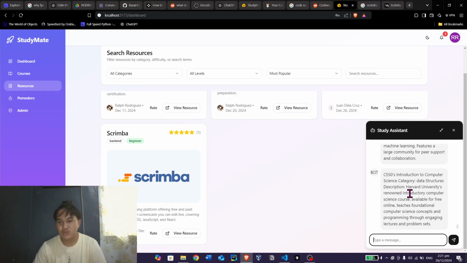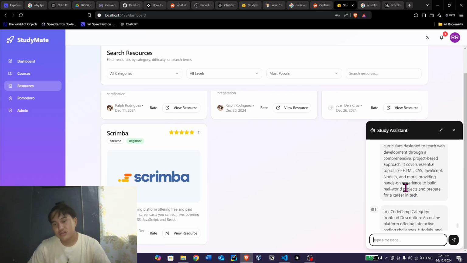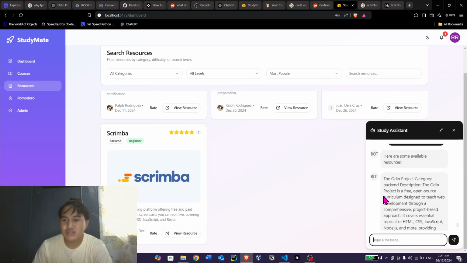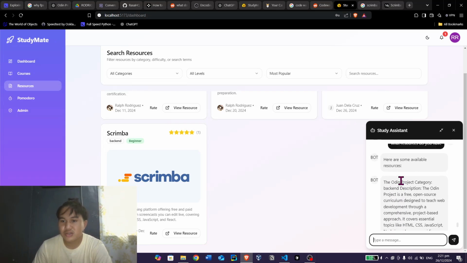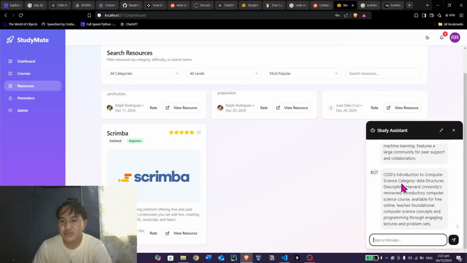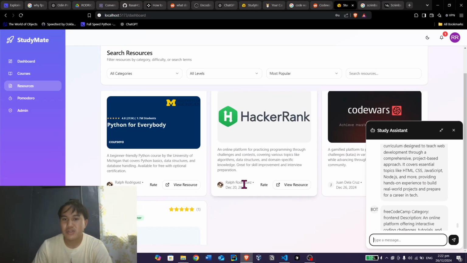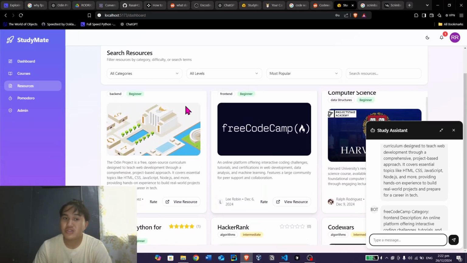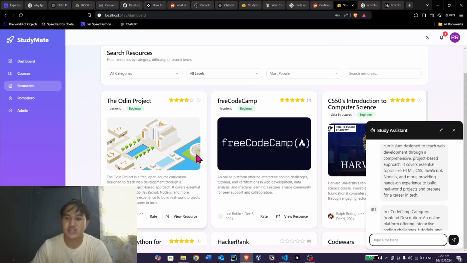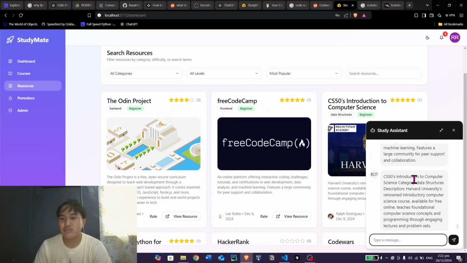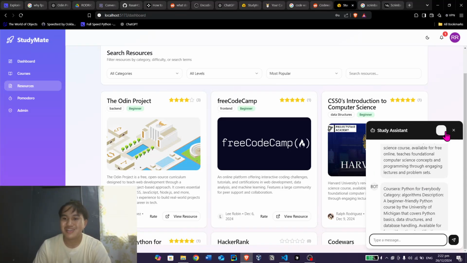Here, it gives you various kinds of resources, like projects, freeCodeCamp, activities. The ones it gives you are the available resources shown in the resources section. So mainly that's all the functionality of my chatbot, sir. It's a bit simple, but I think we get the job done.